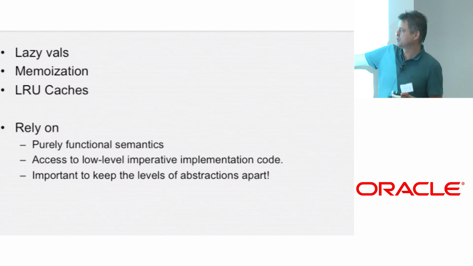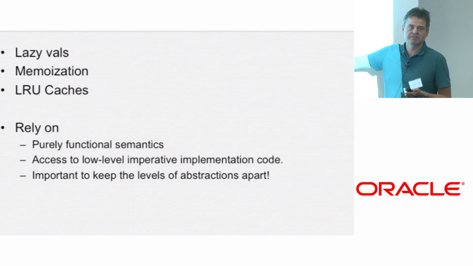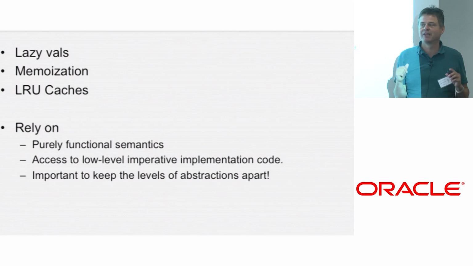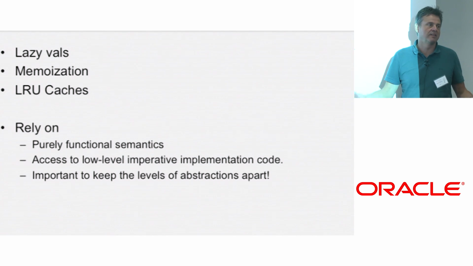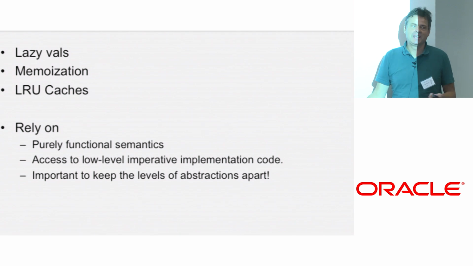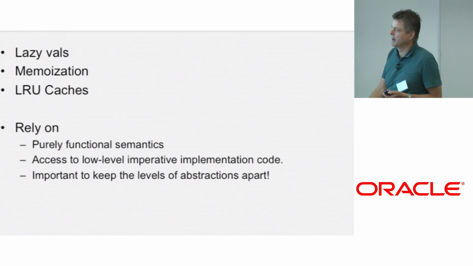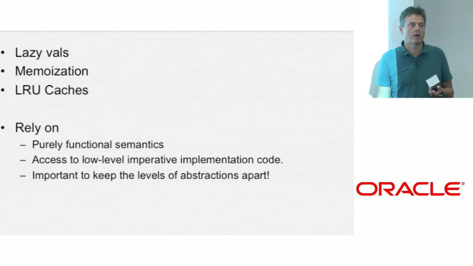It's of course important to keep the levels of abstraction apart. Once you do that, you need to be very sure that you implement a consistent high-level model, because if it leaks out, then all chaos will ensue. You will have something that is unpredictable at any level. There's a lot of magic and a lot of hidden things, so leaky abstractions would be terrible. And of course, it would be nice to have better language support to keep those abstractions apart.